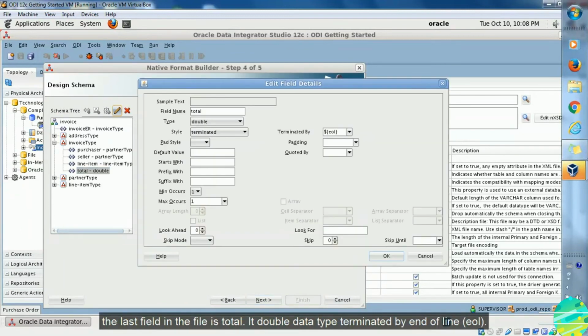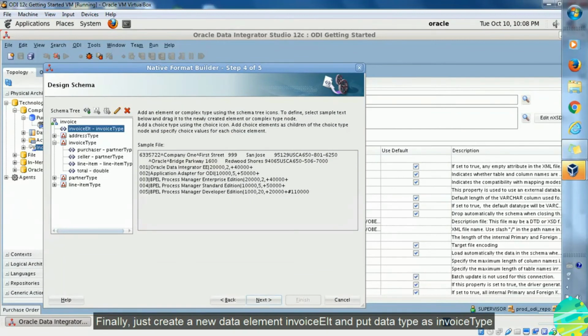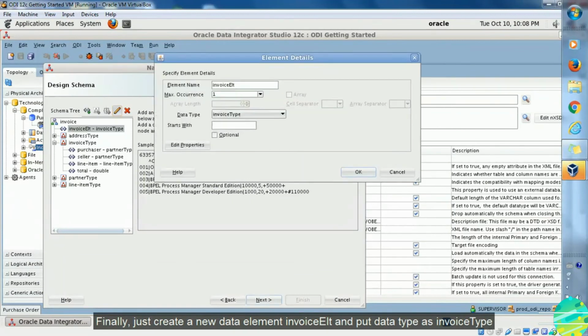The last field in the file is total. It is double data type terminated by end of line. Finally, just create a new data element invoice ELT and put data type as invoice type.